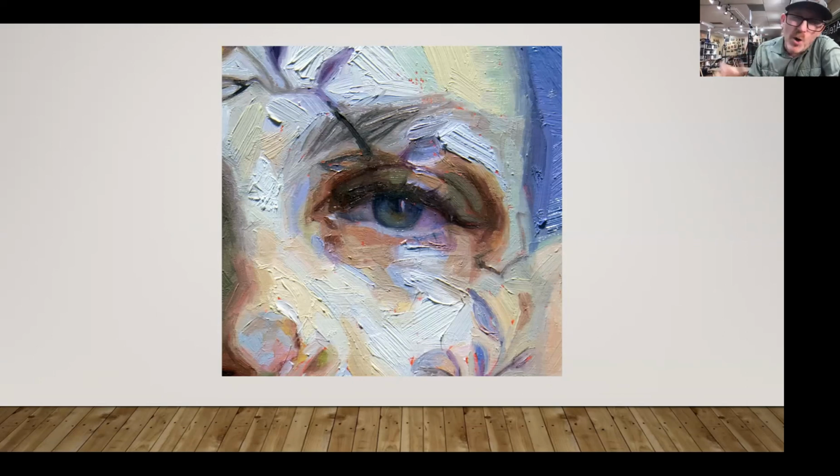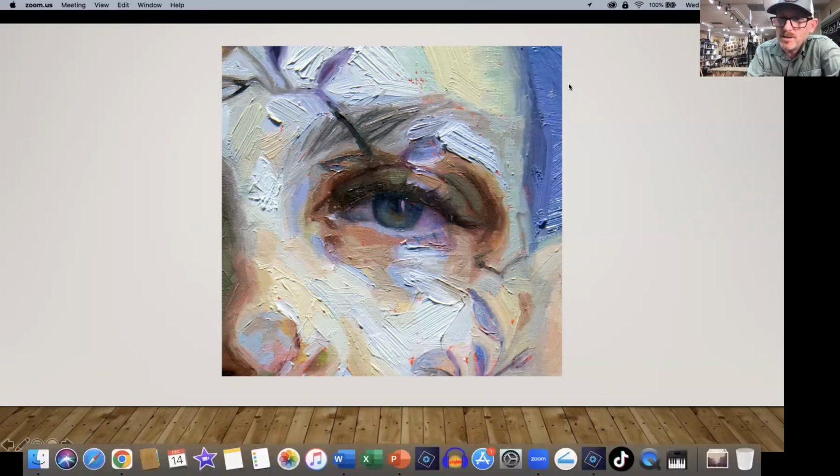It's cropped tight on the face, but that eye is in the dead center. The artist has chosen to paint the background, the nose, forehead, cheek, much looser than the eye. See, that eye has got much more deep detail. It's really slowed down, pushed a little more patiently.